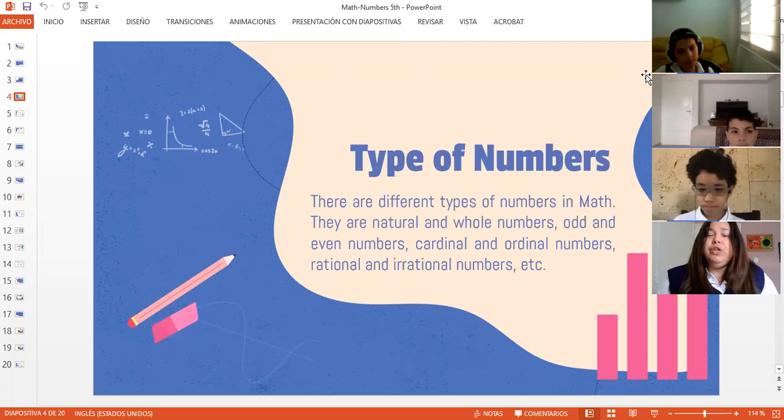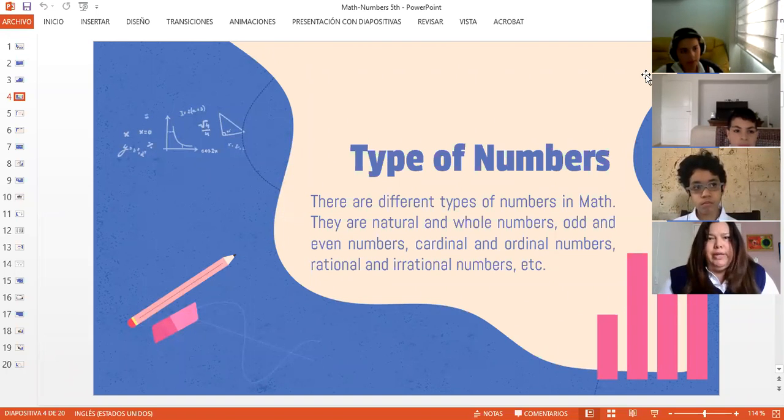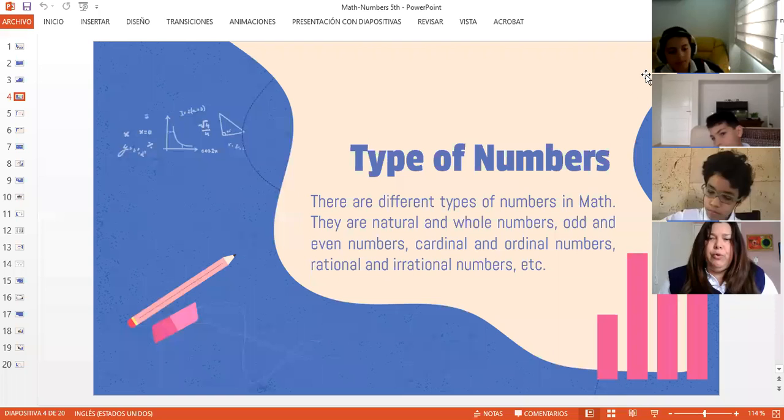And we have also something that is called cardinal numbers and ordinal numbers, okay? Maybe you do not remember about it, but I'm sure you all know what they are. Okay, and then we have something else that we don't know about. They're called rational numbers, irrational numbers. Ooh, you don't imagine how many numbers there must be. But we are going to focus just right now on